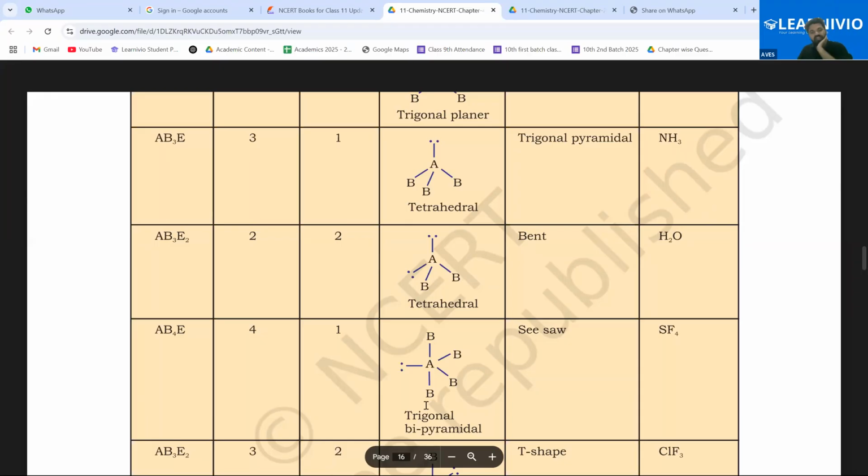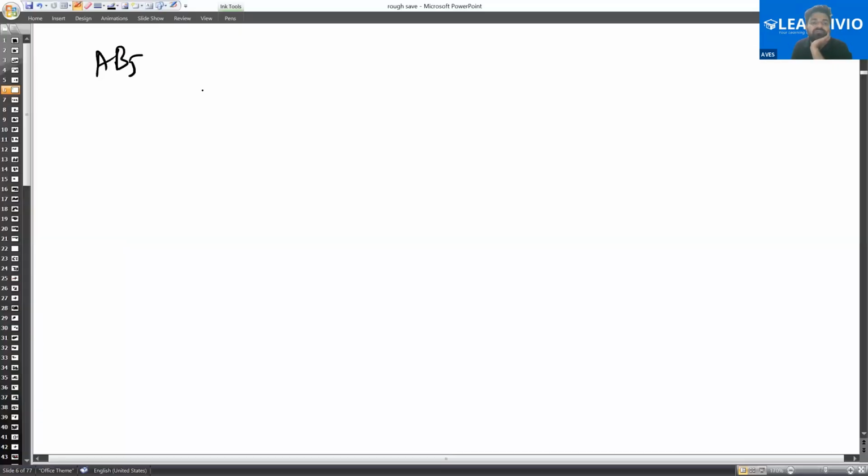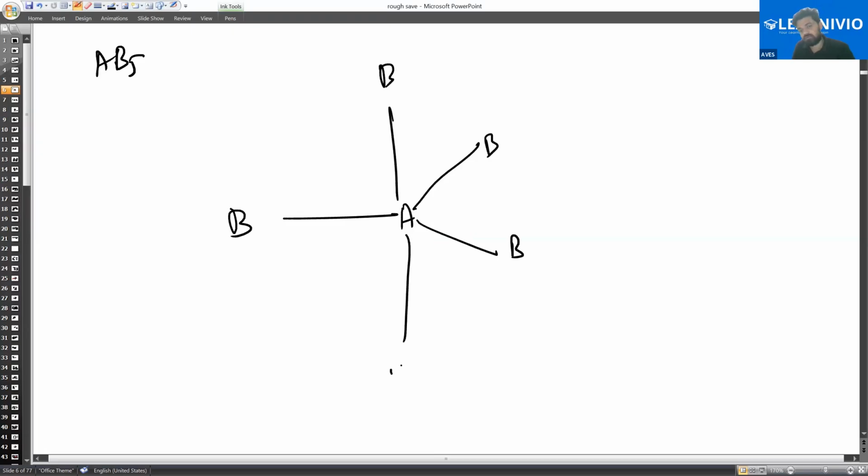Yes, sir. Now we have AB4 and then E, means add E to B you will get AB5। लेकिन उस AB5 में से एक B को हटा करके उसकी जगह पर E रखना, तो AB5 मॉलिक्यूल की शेप आपको याद होनी चाहिए। AB5 मॉलिक्यूल की शेप होती है ट्राइगोनल बाइप्रामिडल। ठीक है, अब इसमें से एक को हटाना है।